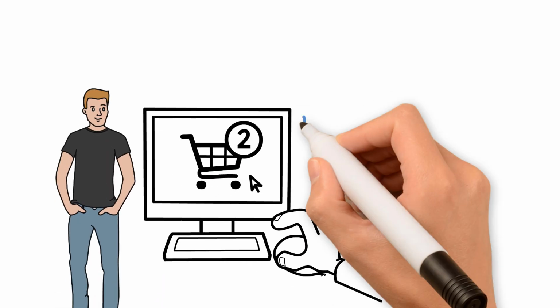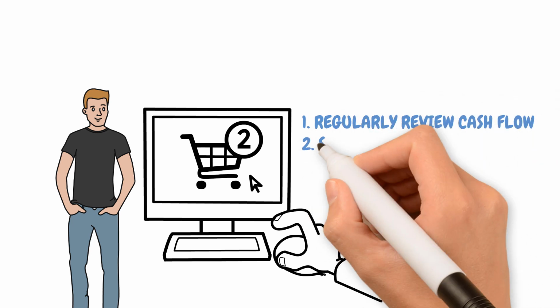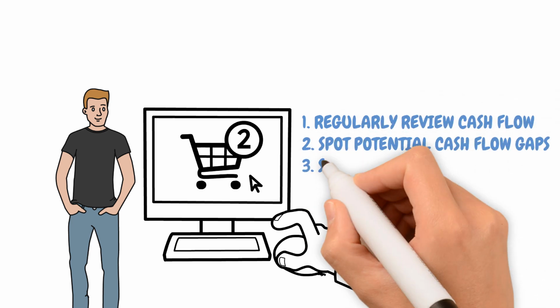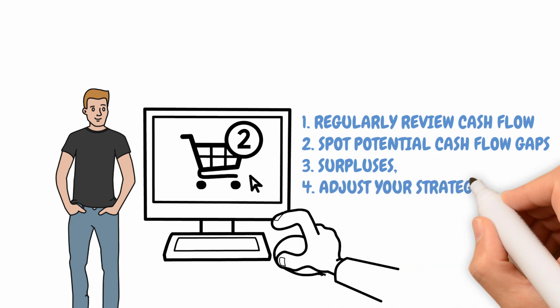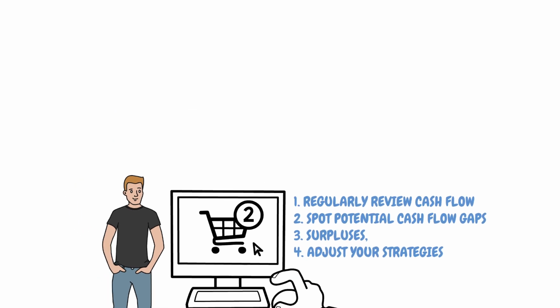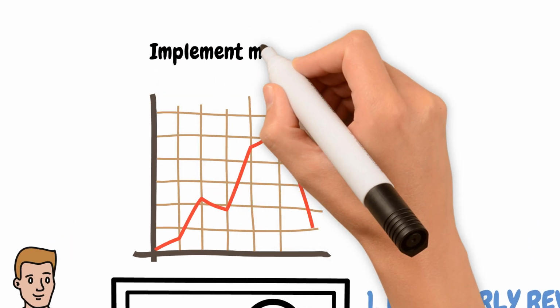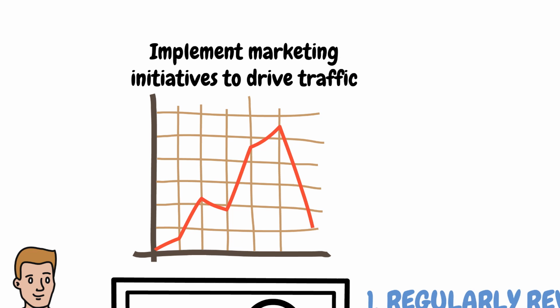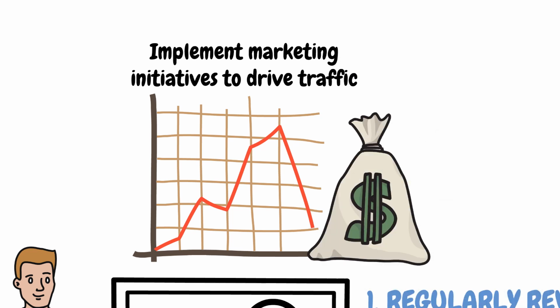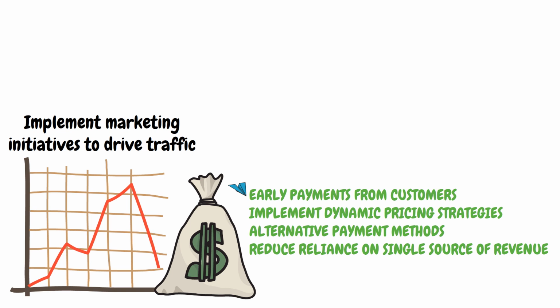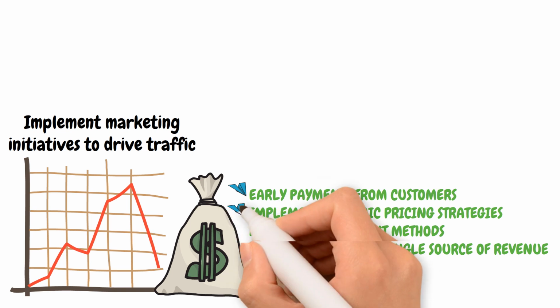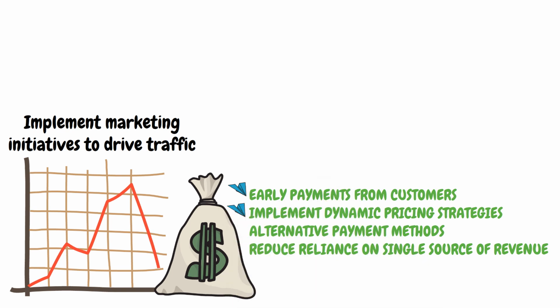If you were running an e commerce store, then as an owner of an e commerce store, regularly reviewing your cash flow statements allows you to identify trends, spot potential cash flow gaps or surpluses, and adjust your strategies accordingly. For example, if you notice a seasonal downturn in sales, you might implement marketing initiatives to drive traffic and boost revenue. Offer incentives for early payments from customers, implementing dynamic pricing strategies, and explore alternative payment methods to accelerate cash